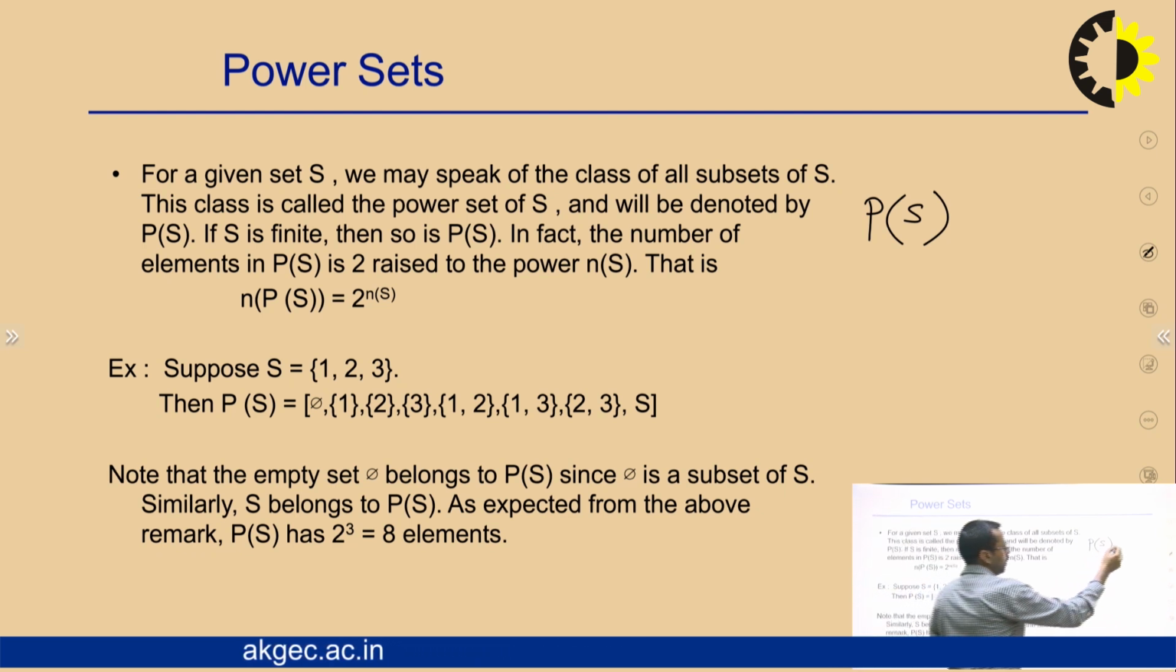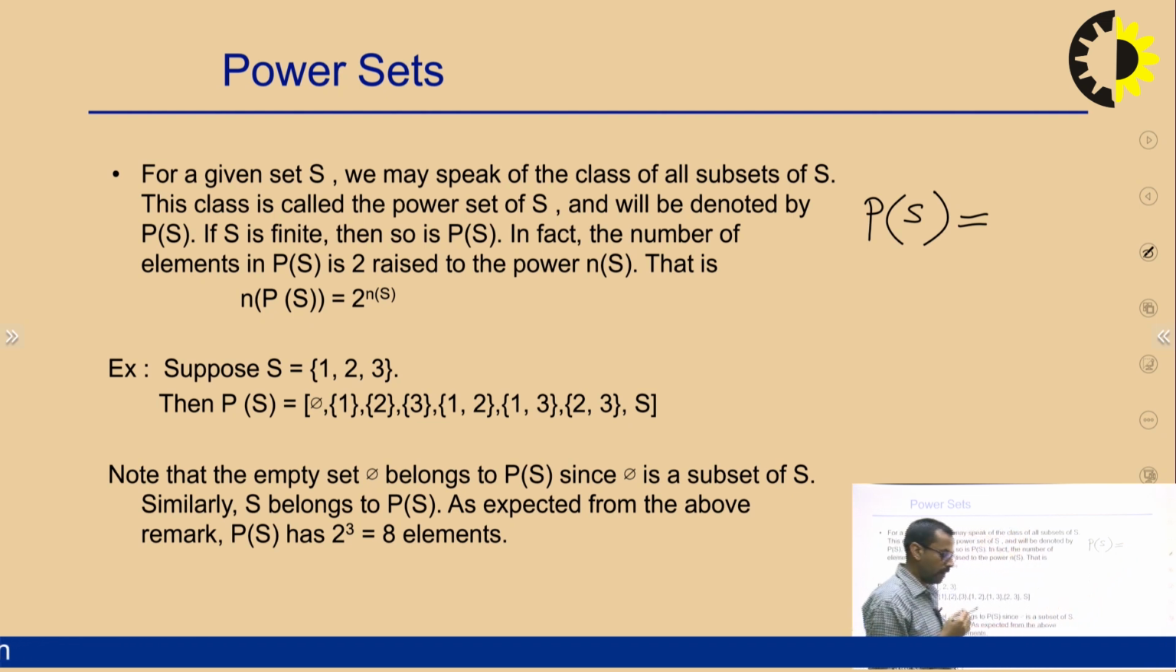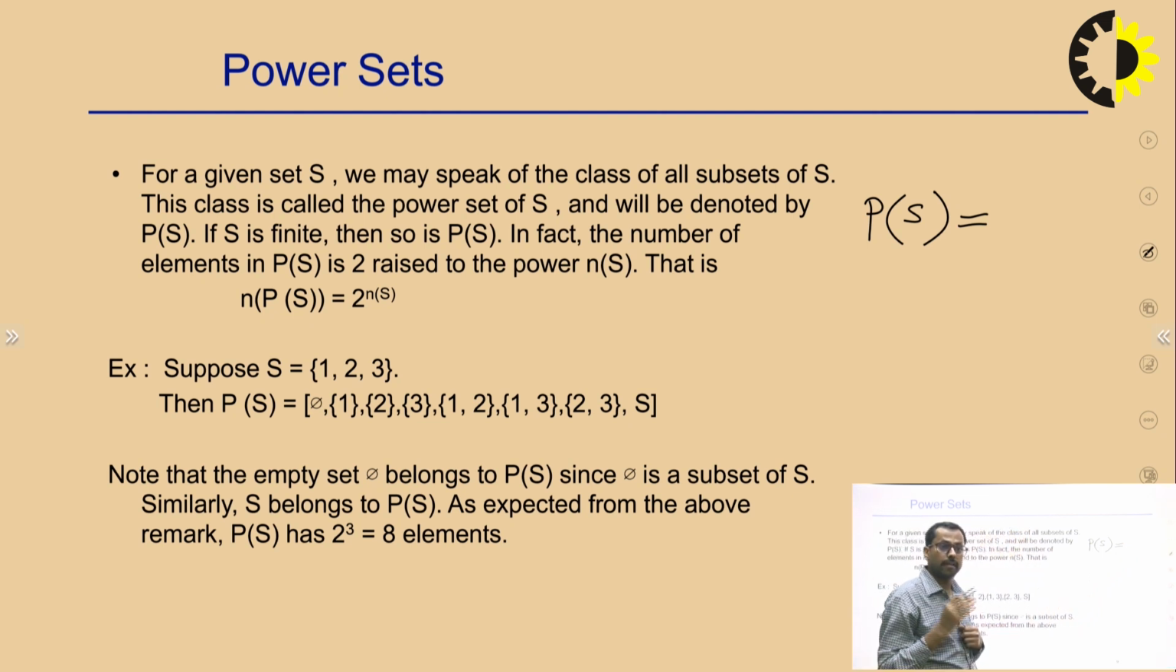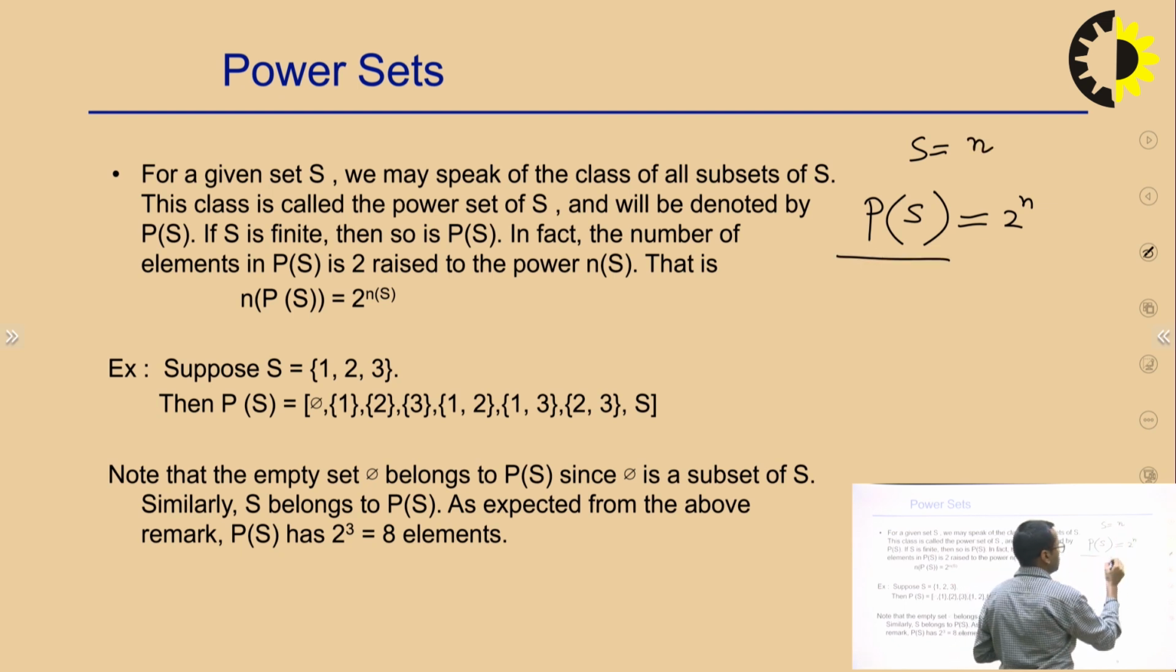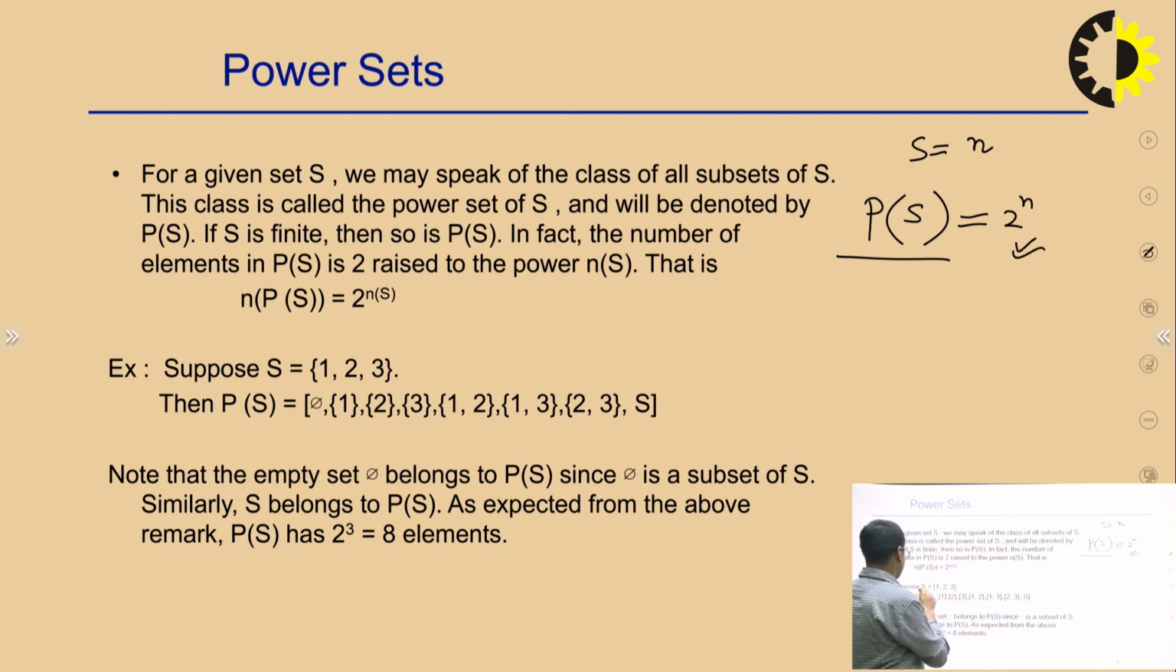The number of elements in the power set is as follows: if the number of elements in the set is n, then the number of elements in the power set will be 2 to the power n. Suppose set S contains a total of n elements, then the power set will contain 2 to the power n elements. For example, suppose S is a set